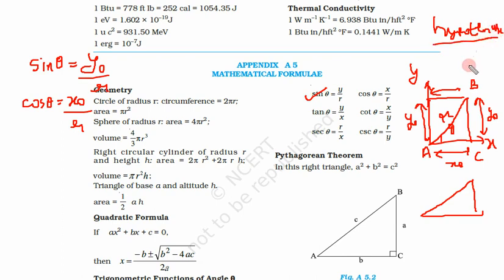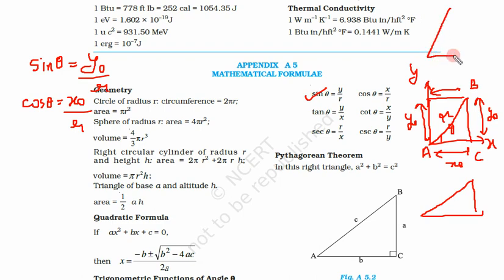And how to identify base and perpendicular? This is definitely hypotenuse because it is the longest length. But which one is base, this one or this one? Because we have taken theta here, the line adjacent to this angle is always the base. So cos theta is base upon hypotenuse, that means x0 upon r. Side just in front of this angle is called perpendicular.